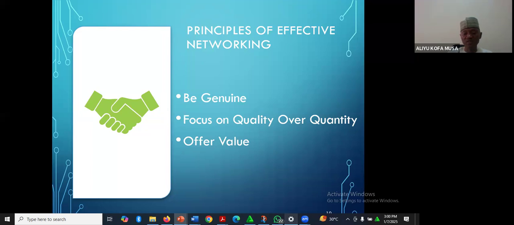Focus on quality over quantity. Focus on understanding, acquiring the knowledge, not the number of skill certificates that you have. Nowadays, job providers, employers are not after your certification. They're after what you can offer. You can only add value if you know you have the knowledge. So don't go for